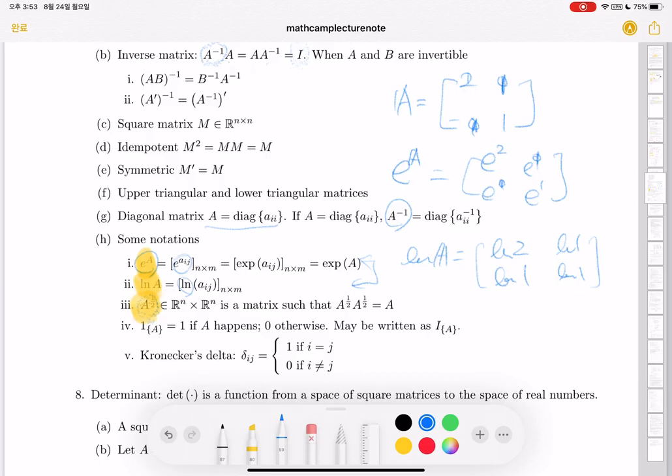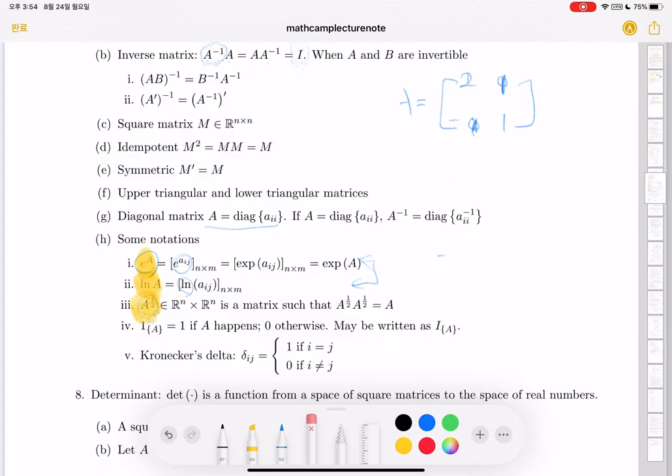And A to the 1/2 means a matrix such that